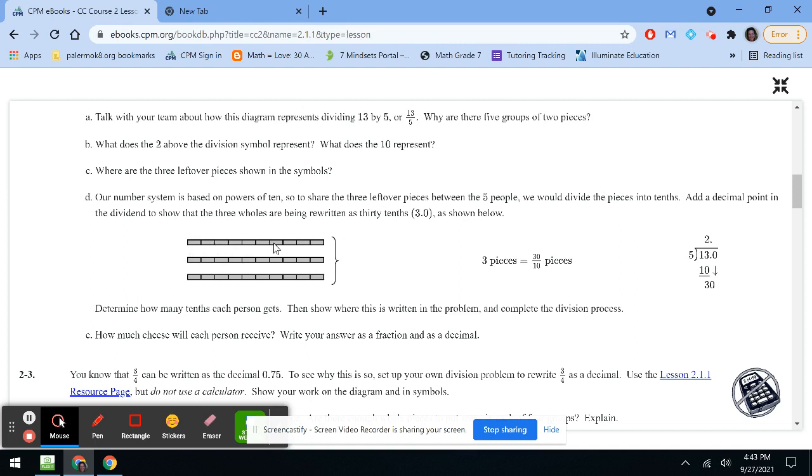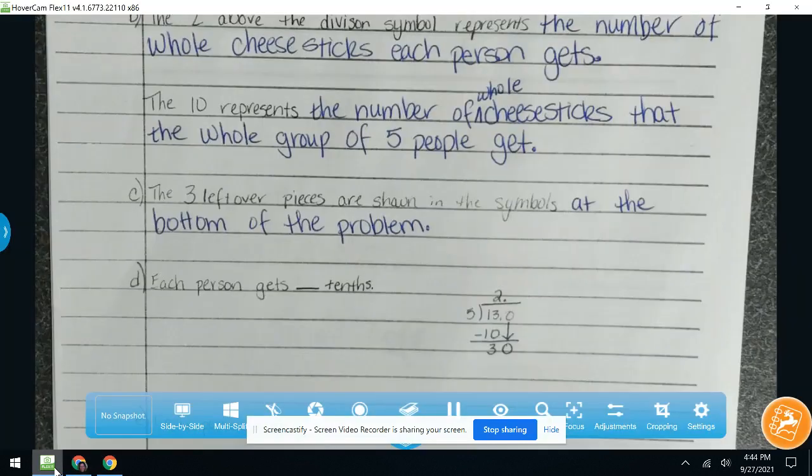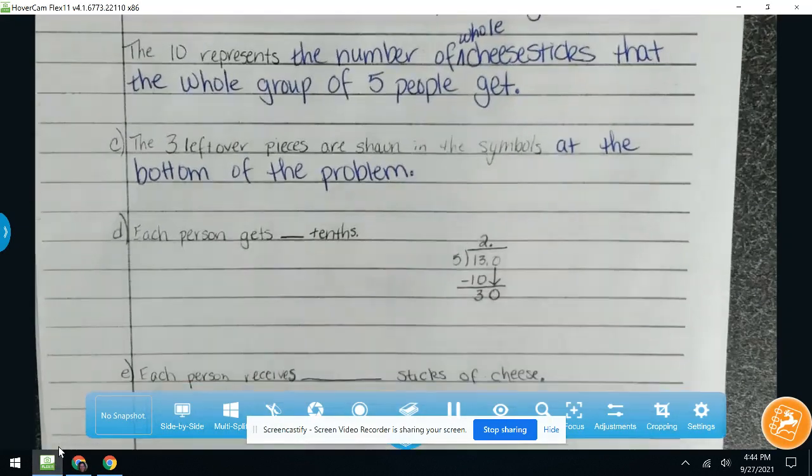I divided them into 10 pieces. That's for my tenths because we have a base 10 number system. So those 3 pieces now magically are 30 tenth pieces. And I show that in the symbol by adding a decimal right here, and then in turn adding a decimal up there. So on my paper, because I'm going to be doing this,